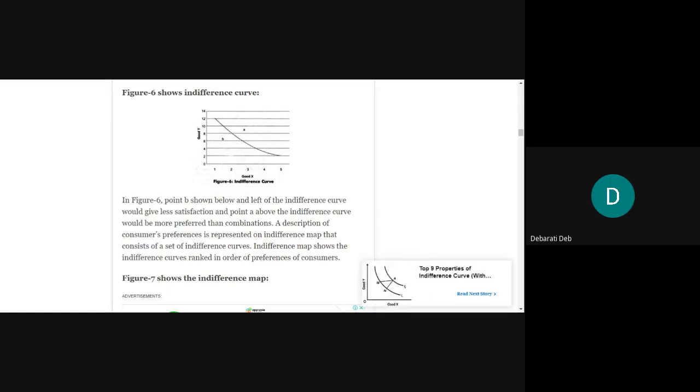So if we take those quantities and consider those points which are falling on the indifference curve, it is said according to the ordinal approach that all the combinations of the goods x and good y will give equal level of satisfaction to the consumer. Whatever be the quantity of good x and good y, be it decreasing or increasing, it doesn't matter, but whatever the combination of the quantities of good x and good y, those combinations are going to give equal level of satisfaction to the consumer when he or she consumes it.